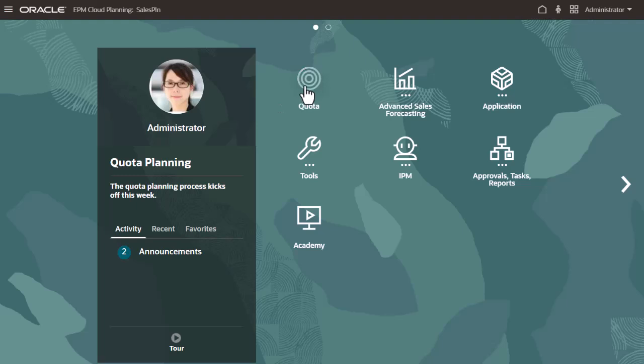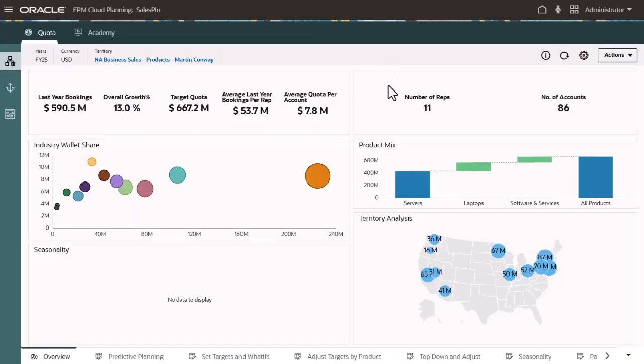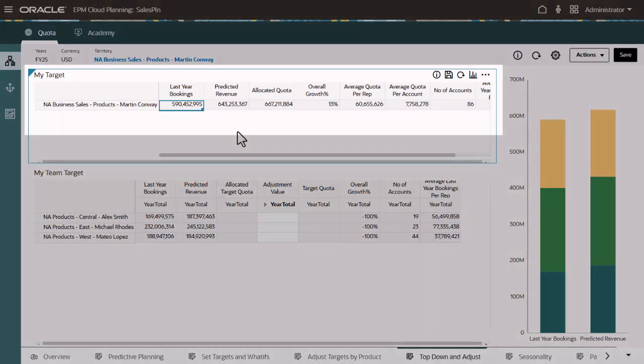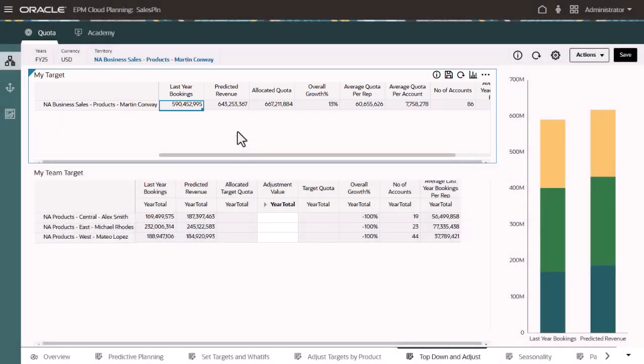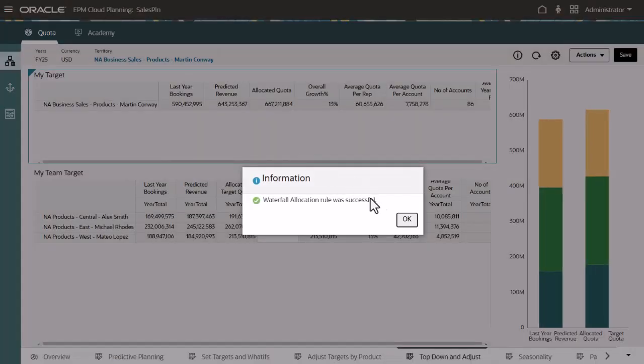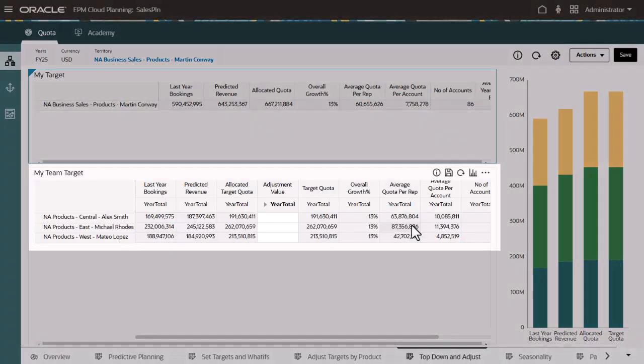Let's review the quota allocated to one of the sales VPs. As a sales VP, I want to review my target quota as well as other key measures. To plan for my team's quota, I want to allocate target quotas to my regional sales managers. I'll allocate quota using the waterfall method to plan sales quota one step below me in the hierarchy to the